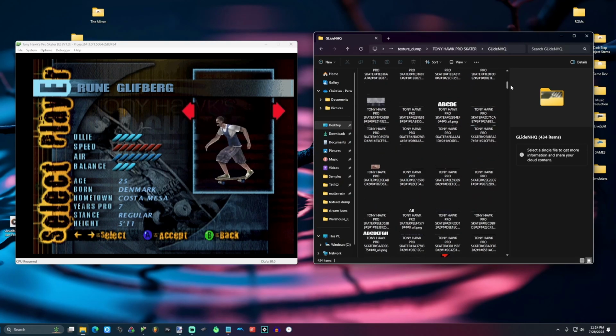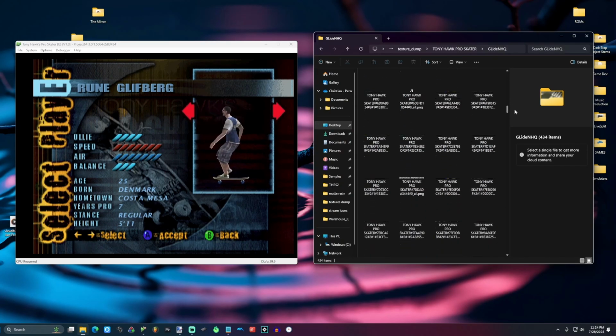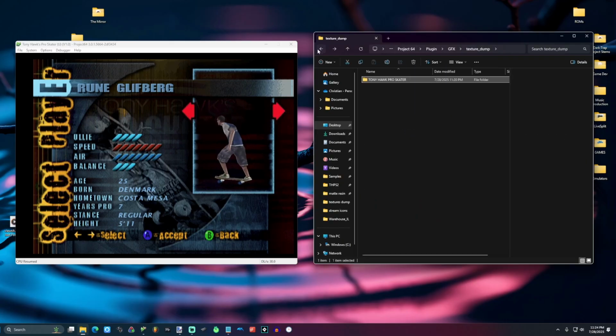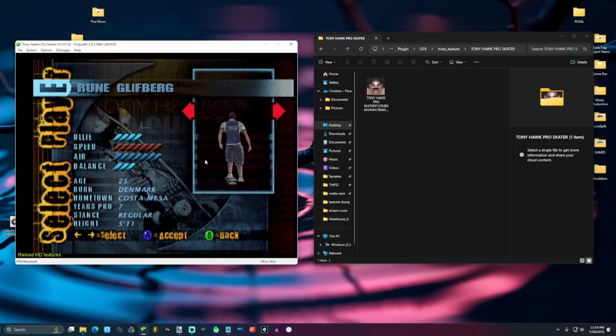Sometimes it's a little bit of a puzzle finding out what texture belongs to what. And then you edit it and save it into the high-res textures folder with the same file name. And then when you reload the textures, they appear on the in-game models.